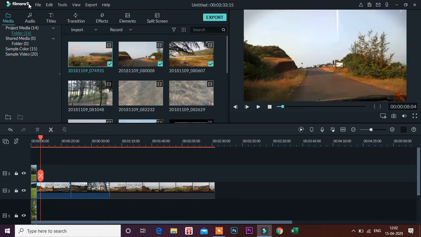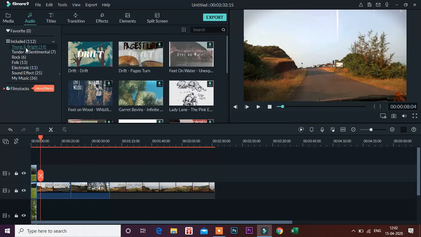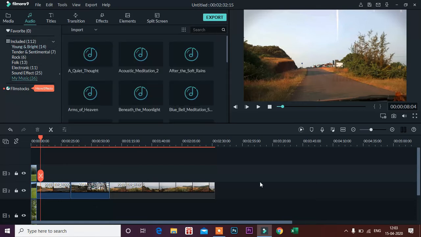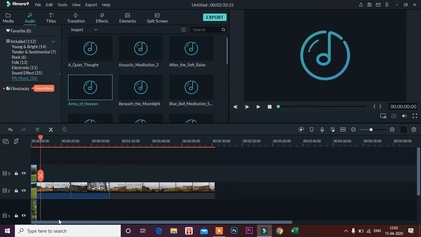Now over here you have different options such as audio, titles, transition effects, elements and split screen. I'll be explaining all of these. In audio you can add the background music. There are many musics which are available in the Filmora software, or you can also add your own music. Now these are the music that I downloaded from YouTube Music, which are free of copyright issues. So you can drag and drop this music into the timeline, click on it and drop it into the timeline,